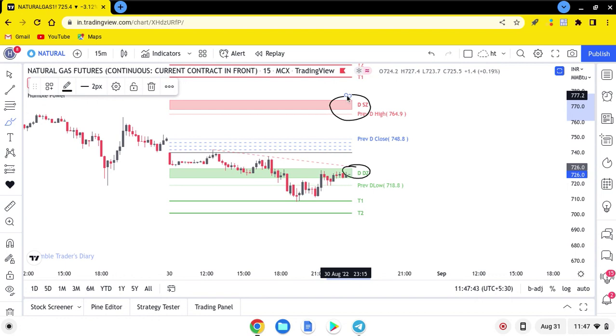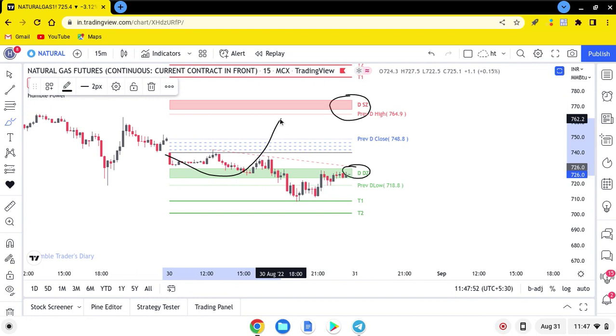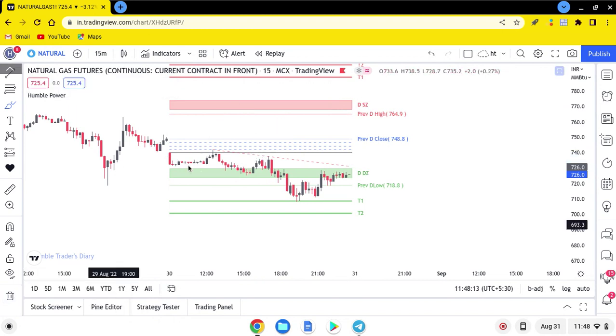Demand zone means the price gets much more demand than usual, and most of the time when the price comes to this area, it tends to bounce upside. It goes in the opposite direction when the price comes to the supply area, right? Do you understand? So from supply zone usually the price falls, from demand zone usually the price goes up. But the main thing is you need to understand on which day